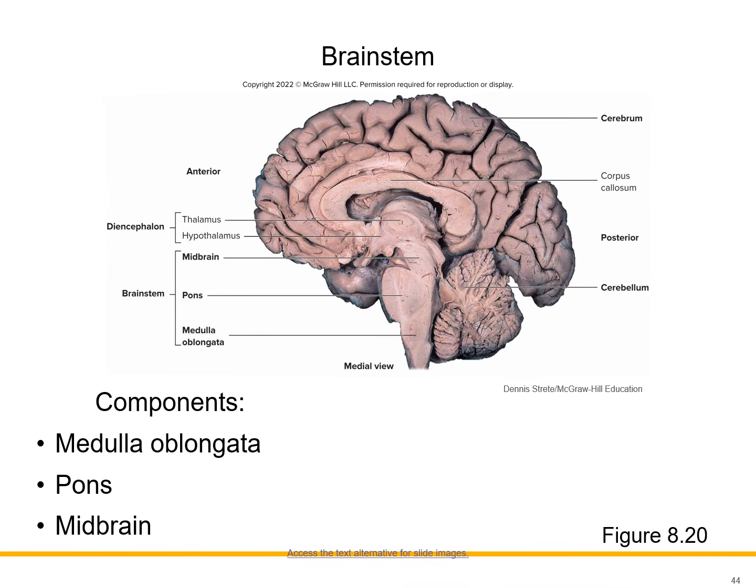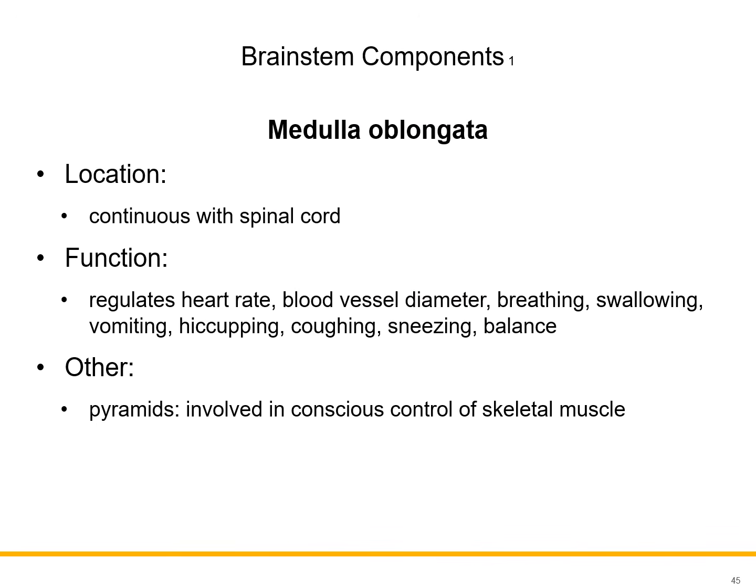Let's first look into the brainstem. It is divided into 3 components: the medulla oblongata, pons, and midbrain. The medulla oblongata is continuous with the spinal cord. Again, the specific segment that connects the brain with the spinal cord is the medulla oblongata. So listed here are its functions. This part of our brain controls our heart rate. It could contract or dilate blood vessels. It controls our breathing, so we don't have to consciously think about it. The medulla oblongata mostly controls things that should happen involuntarily, like coughing, sneezing, keeping our balance.